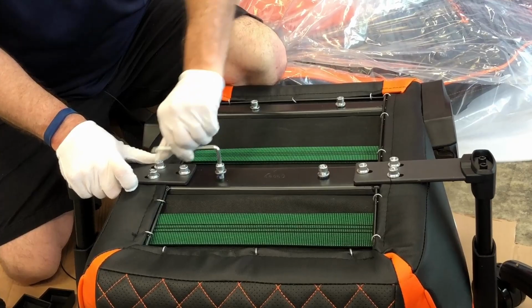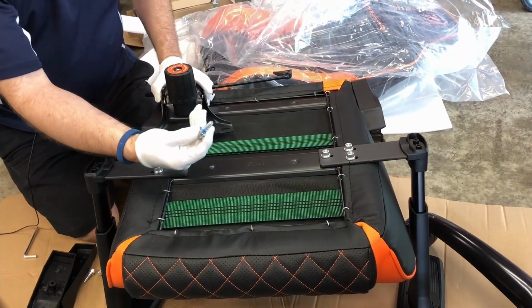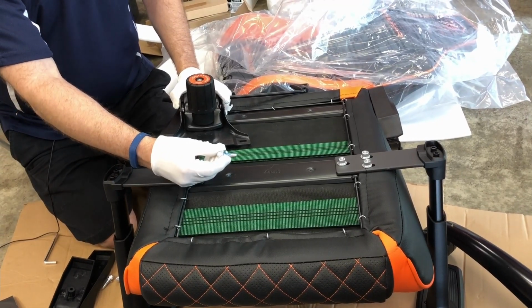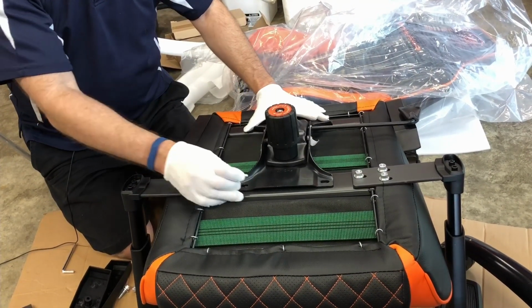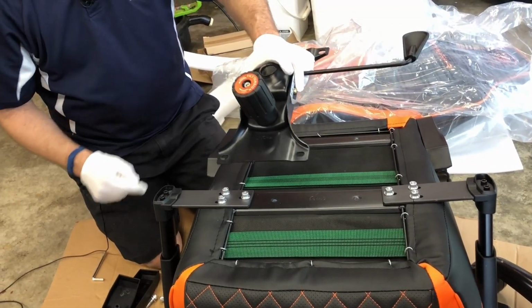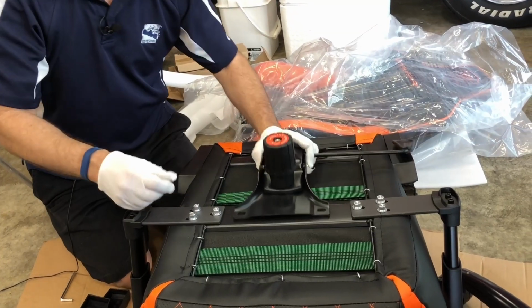So I will go ahead and get the rest of these the rest of the way out. All right, so I got all of these fasteners out, these socket head cap screws. And there's some blue Loctite on them from the factory, so that'll come in handy when we get all this assembled. So this goes toward the front of the chair. It even has it stamped in there with a little sort of an arrow, and the front of the chair is there,